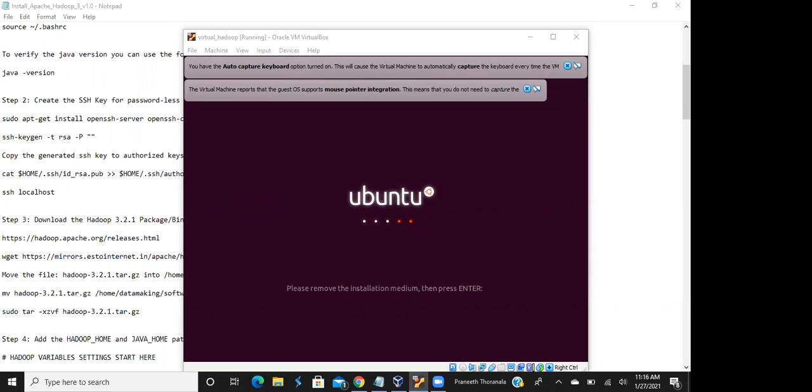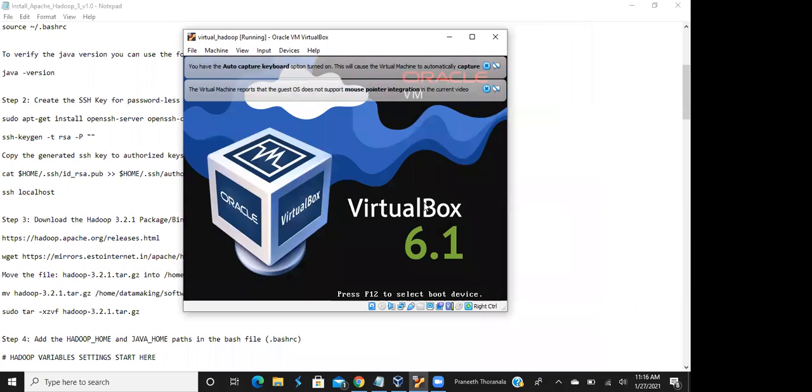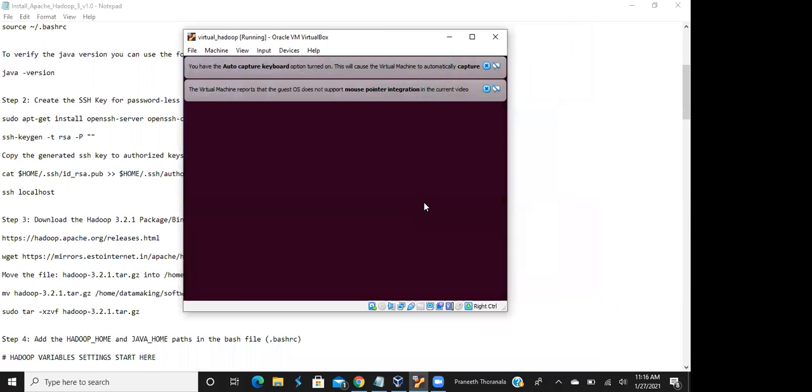Just click enter. You can click on this VM and just click enter. Yeah, this will reboot it.